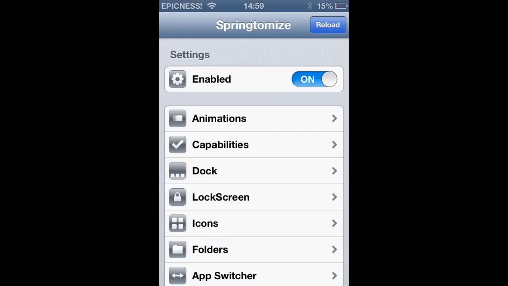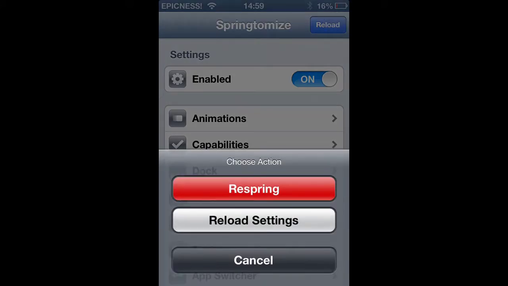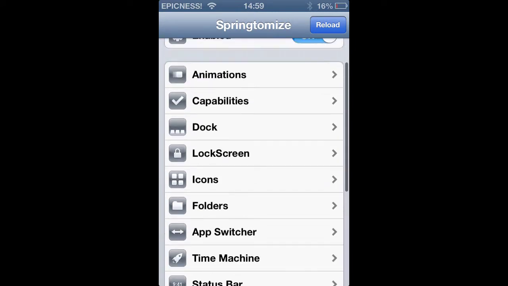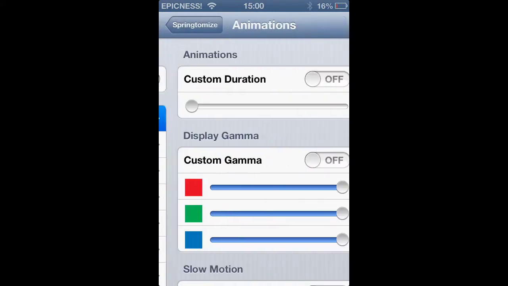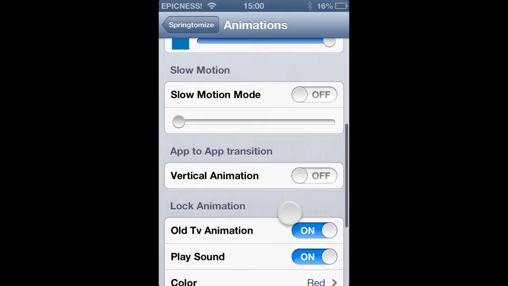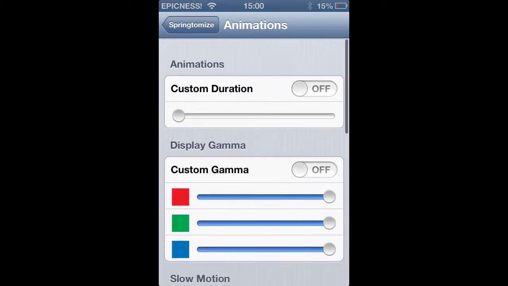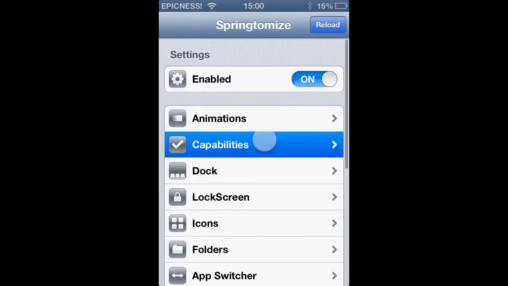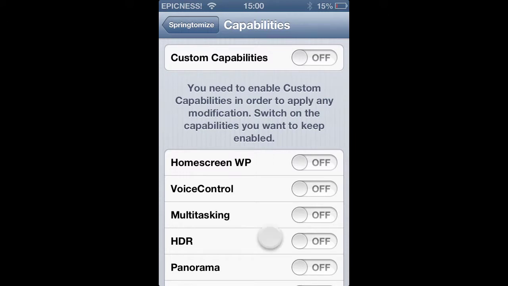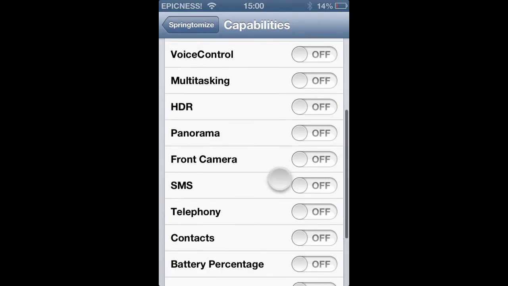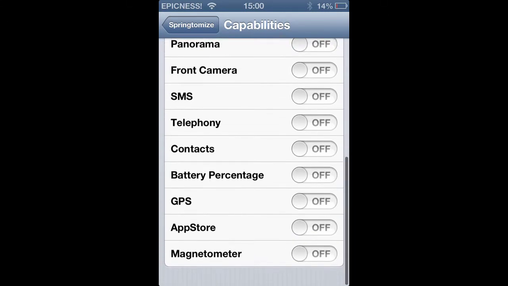Okay, so once you're in Springtomize, you can enable or disable it. Everything that you do within Springtomize, you're going to need to click Reload, then Respring afterwards. So I'm just going to go through every single thing and just tell you a couple of things on it. Animations, you can do custom animations like slow motion mode, lock animation like old TV animation, if you've ever seen that. And then capabilities, you can do voice control, multitasking, panorama, front camera, SMS, contacts, battery percentage, all